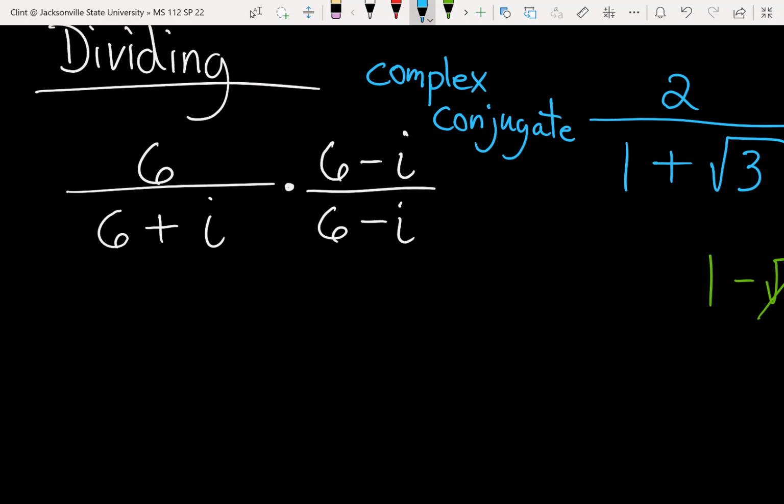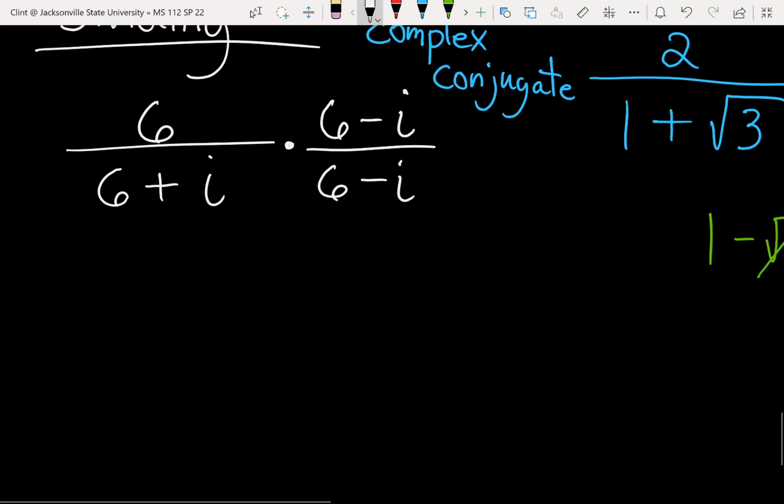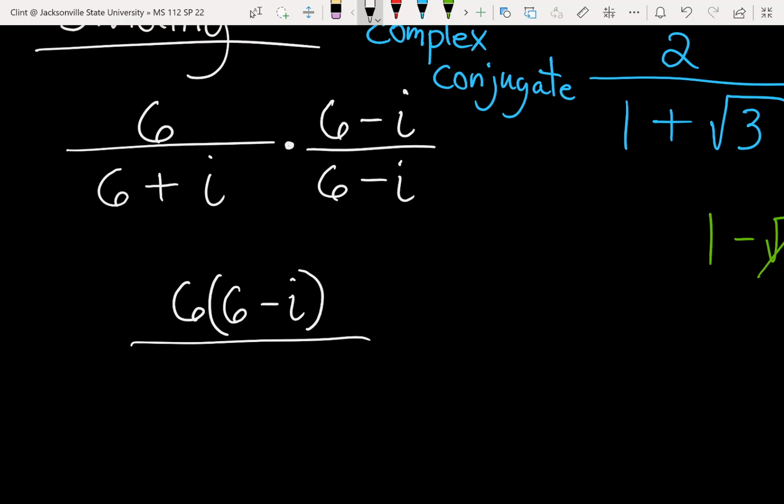Then again with fractions, we multiply the tops and we multiply the bottoms. On the numerators, you don't necessarily have to multiply it out unless you have a good reason to. So I'm just going to keep it written as 6 times 6 minus i for now. If I see a good reason down the road to multiply that out, I will. Otherwise, I'm going to leave it. Then on the bottom,